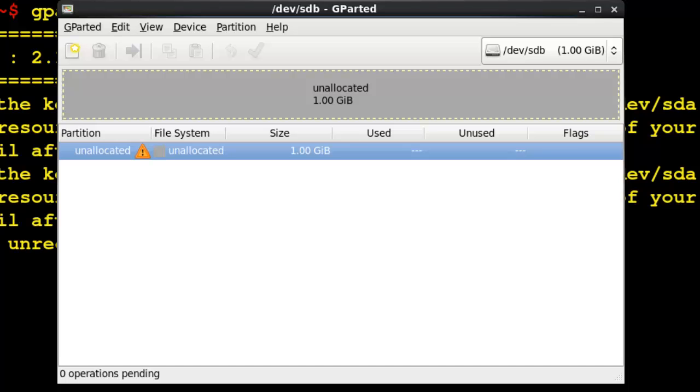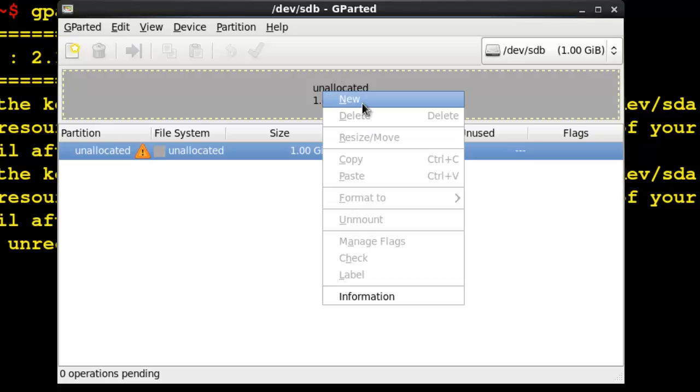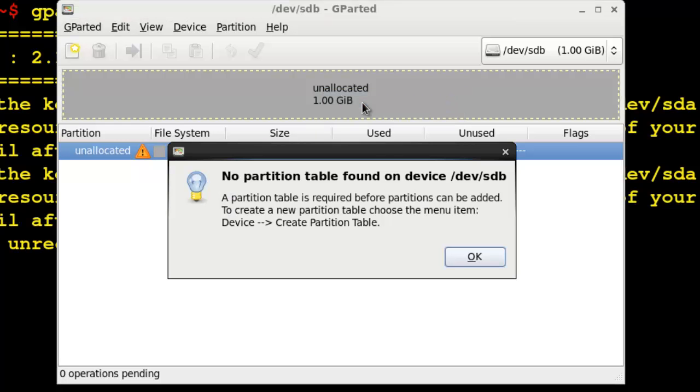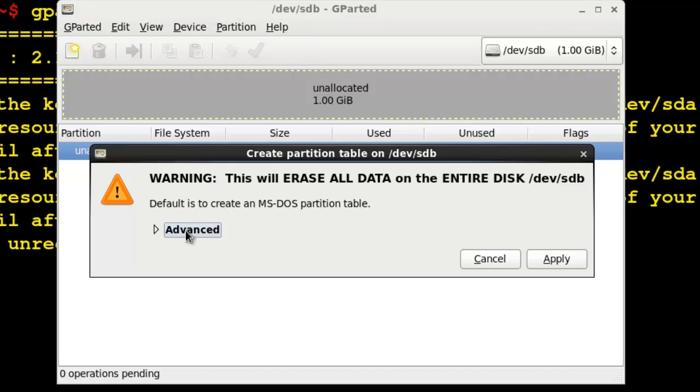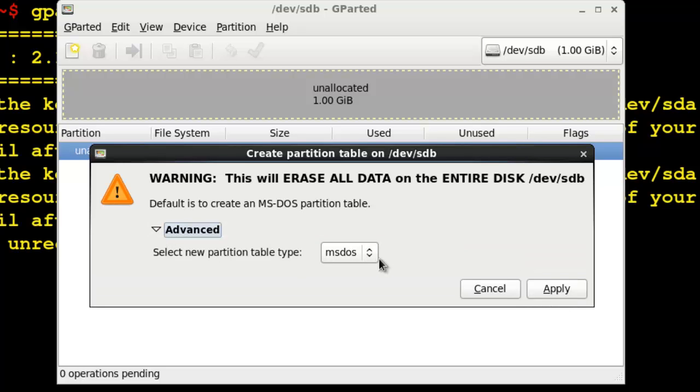But before we can actually create partitions, we have to select the partition table type that we want to use. If I right-click on this unallocated space and select new, it comes back and gives me a little message about you need to create a partition table. Alrighty, what I would do is select device, create partition table,